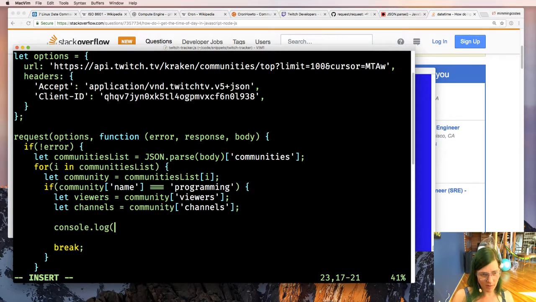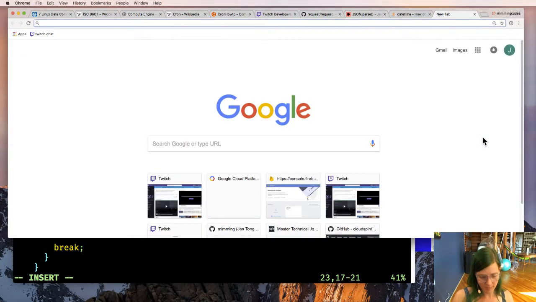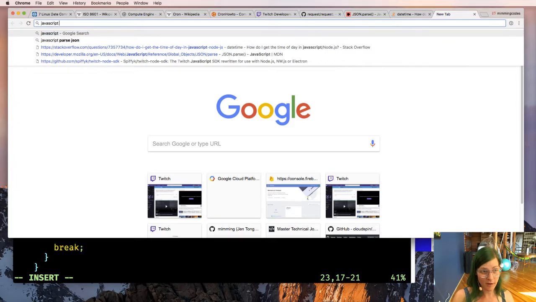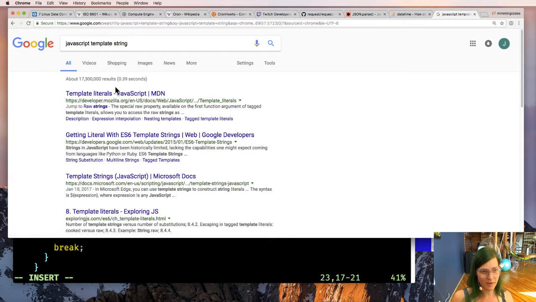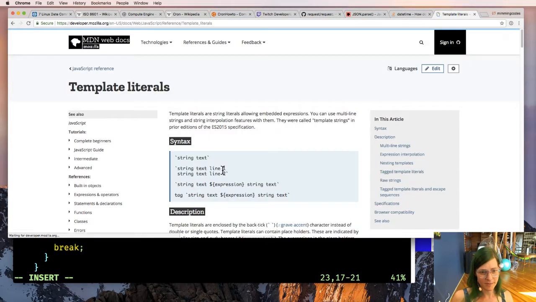So the format I wanted was that CSV type stuff. JavaScript template strings. I forgot template literals. Oh, use the backtick, and then you can just use a shell type expression. Okay.